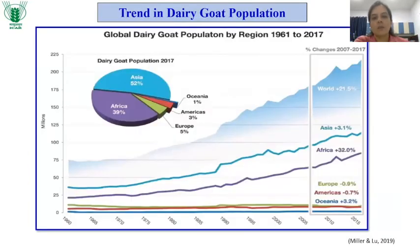If you see here, the global dairy goat population by region, and the increasing trend from the 1960s to 2017, you will see the growth rate is increasing tremendously. This graph mainly shows the dairy goats, and the growth is from 2007 to 2012. The growth is almost 22% globally overall. In Asia it's almost 19%, then Africa, and then Europe. And Asia contributes most, around 52% of the dairy goat population, followed by Africa,